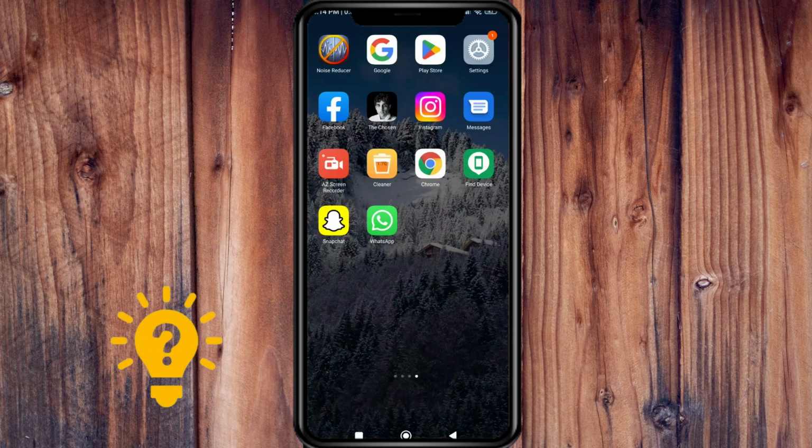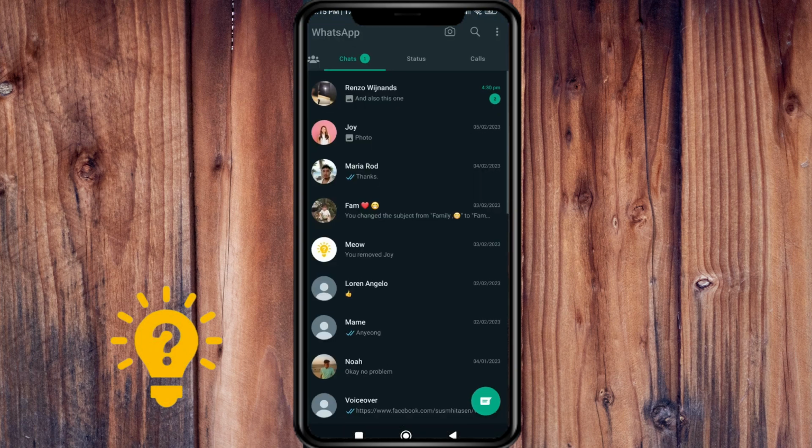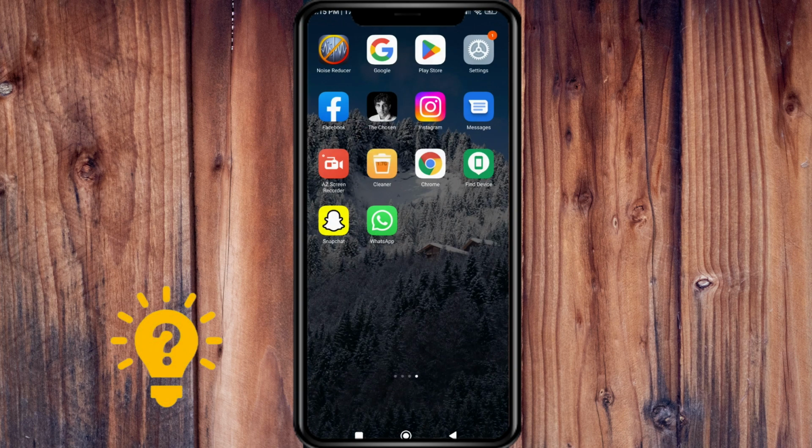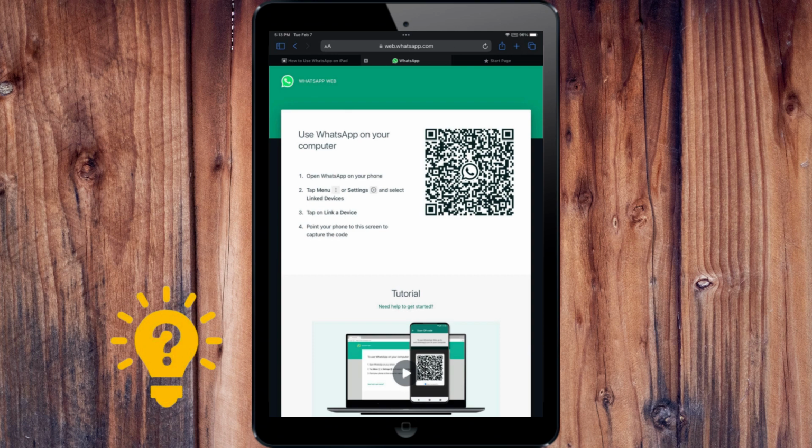So to use WhatsApp on an iPad, WhatsApp users who already used the app on their computer will find the guide below very familiar, as the platform used for iPad is the same. As mentioned, there is still no app available for iPad, meaning that the only way to use it is through an internet browser. So what you're gonna do is open Safari and go to